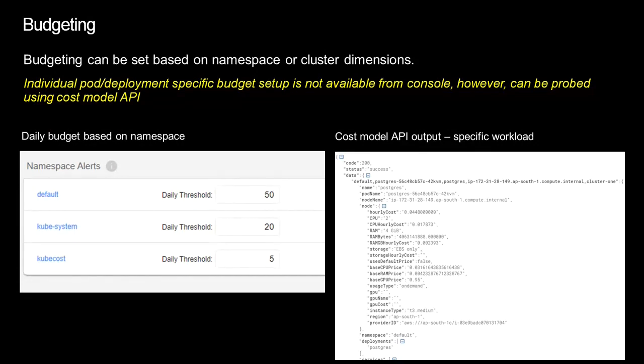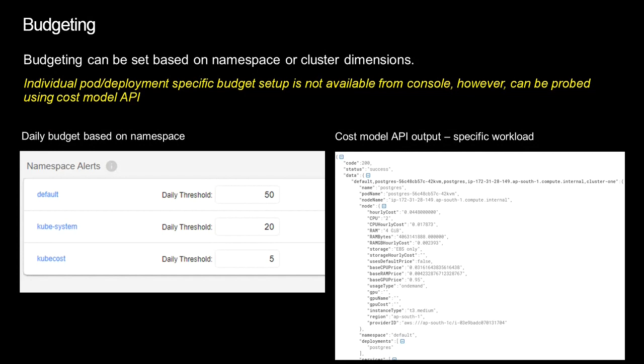To do that, you need to look into the kubectl API, which is the cost model API. I'm going to show some of the API snippets here. On the right hand side, you can see a sample output of the cost model API, where it shows each and every deployment that is running.